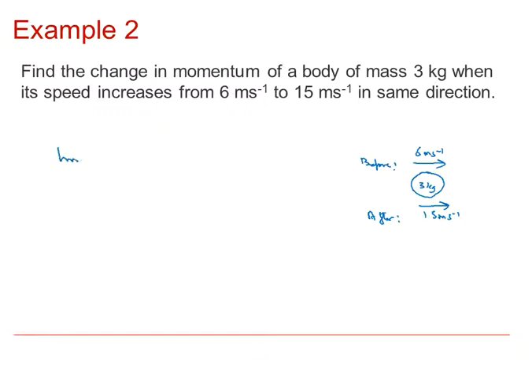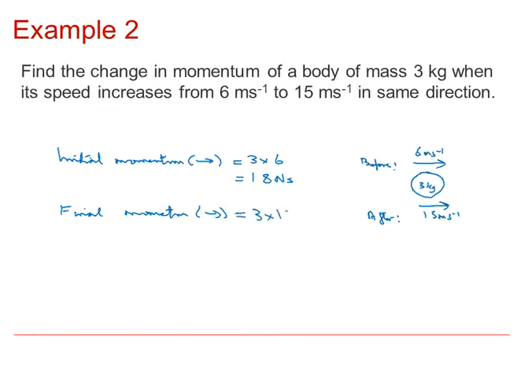So the initial momentum. And it's fairly obvious here that we're going to take the right as positive. Okay, it would make perfect sense. So the initial momentum is the mass 3 times its velocity to the right, 6. So the initial momentum is 18 Newton seconds. And the final momentum, and again it makes sense to take right as positive in this simple situation, is mass 3 and its velocity to the right is definitely 15 from the diagram, is 45 Newton seconds,